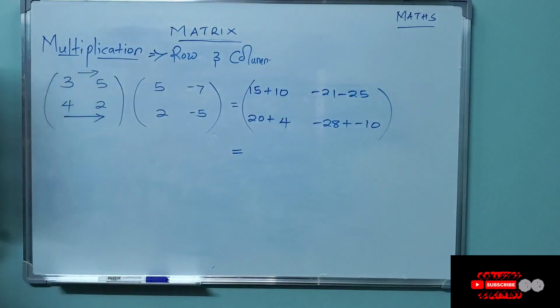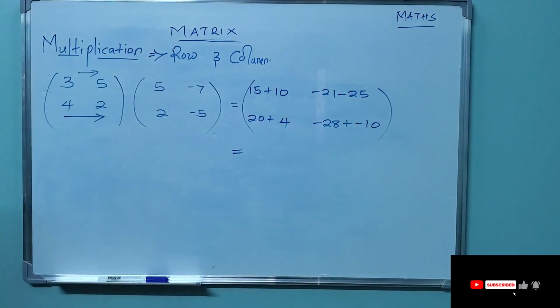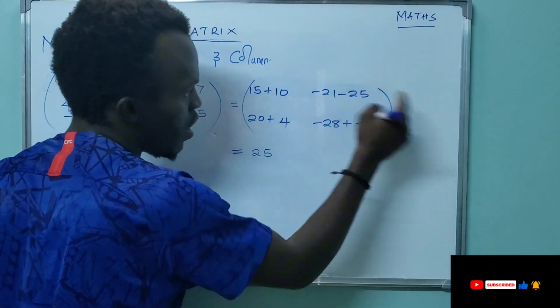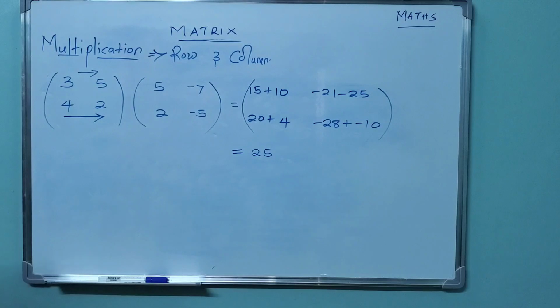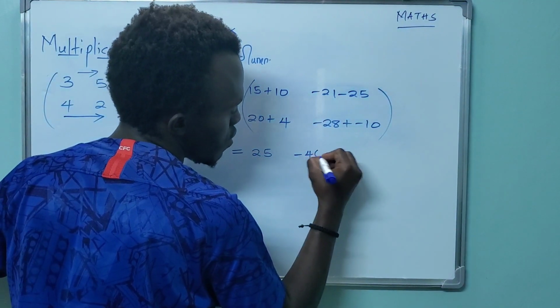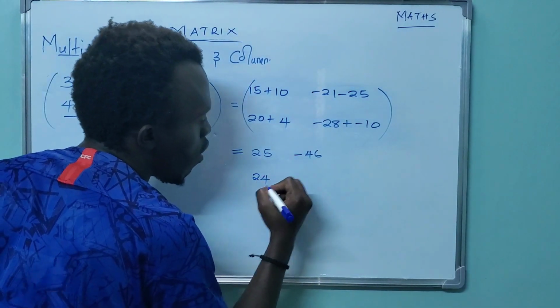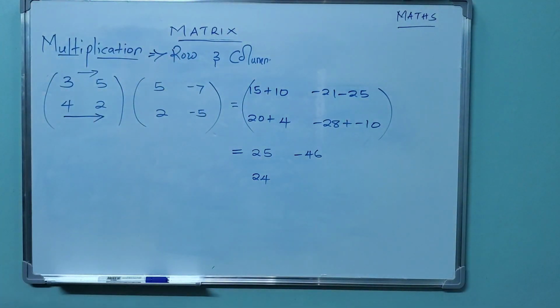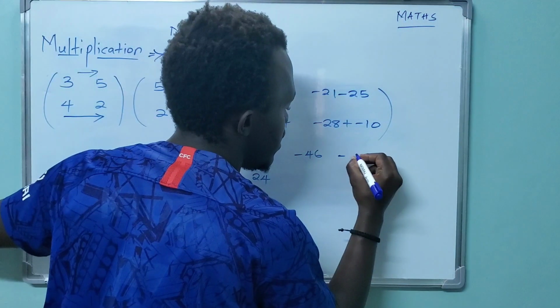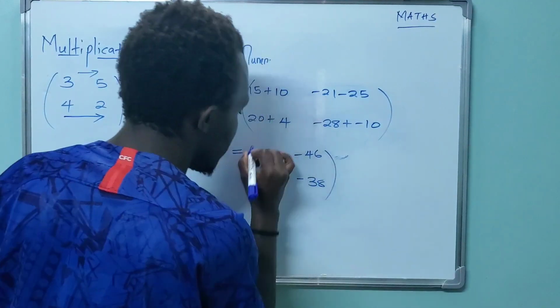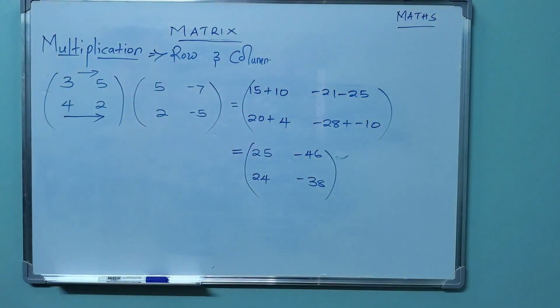Then now we add, what am I going to have? 15 plus 10, that is going to be 25. Then -21 plus -25, that is going to be -46. Then 20 plus 4, I'm going to have there 24. Then -28 plus -10, that is going to be -38. And that is going to be the what? That is going to be the product between those two